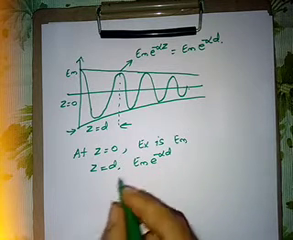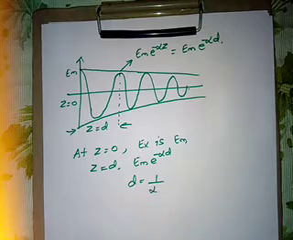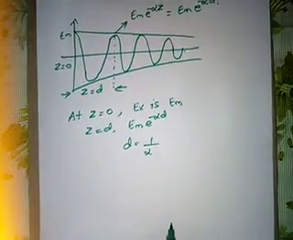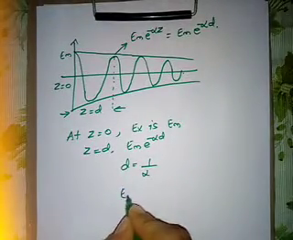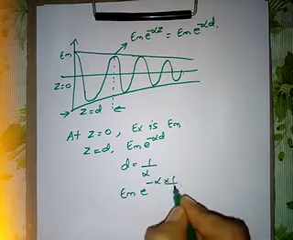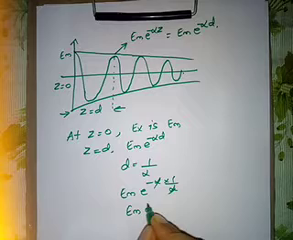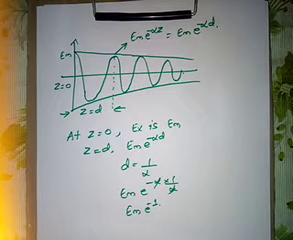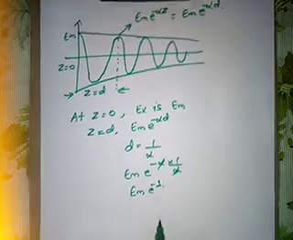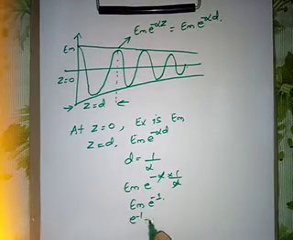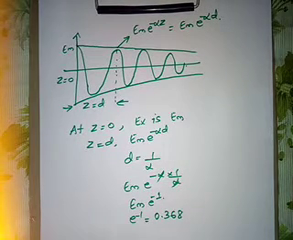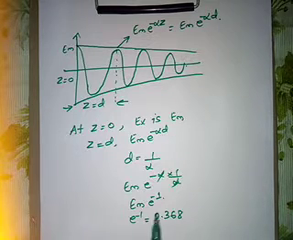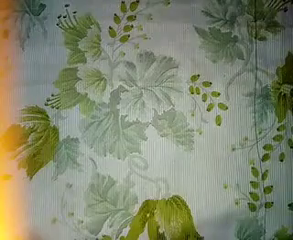Now if we select d is equal to 1 by alpha, then what will it become? It becomes Em into e raised to minus alpha into 1 by alpha, so this will be Em into e raised to minus 1. So how much is e raised to minus 1? If you calculate in your calculator, it will be 0.368. So what it indicates here, Em into e raised to minus 1, is Em into 0.368. This indicates that